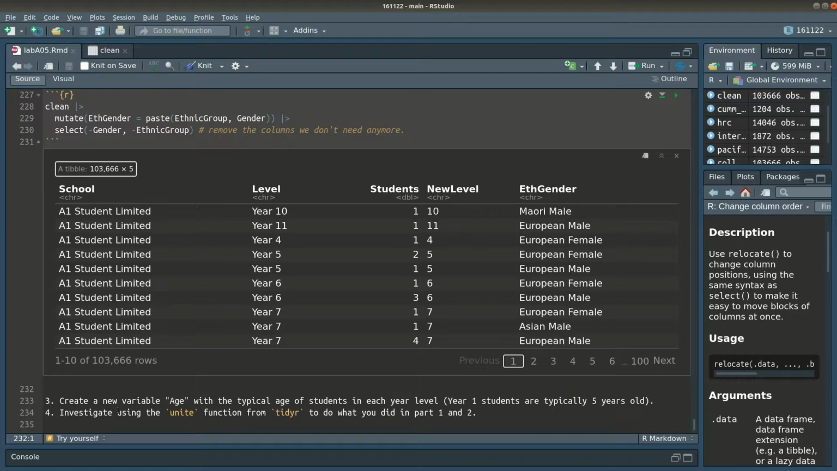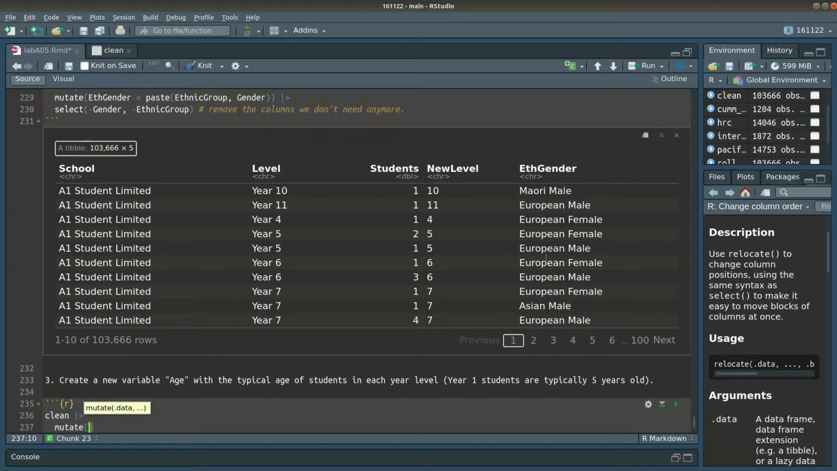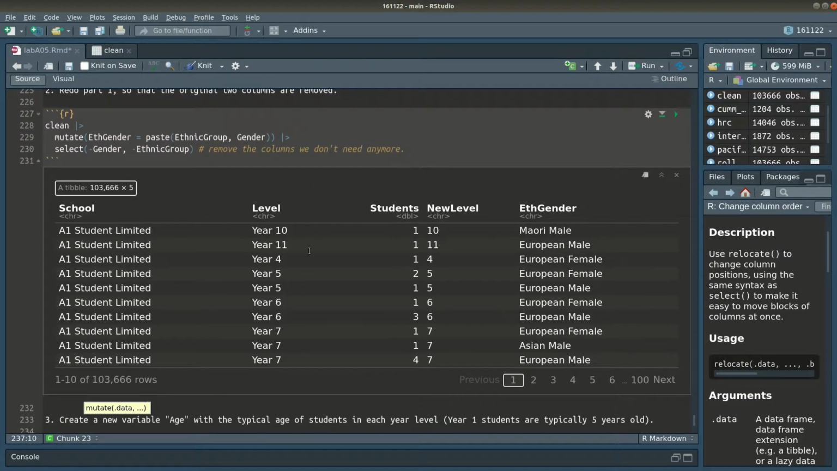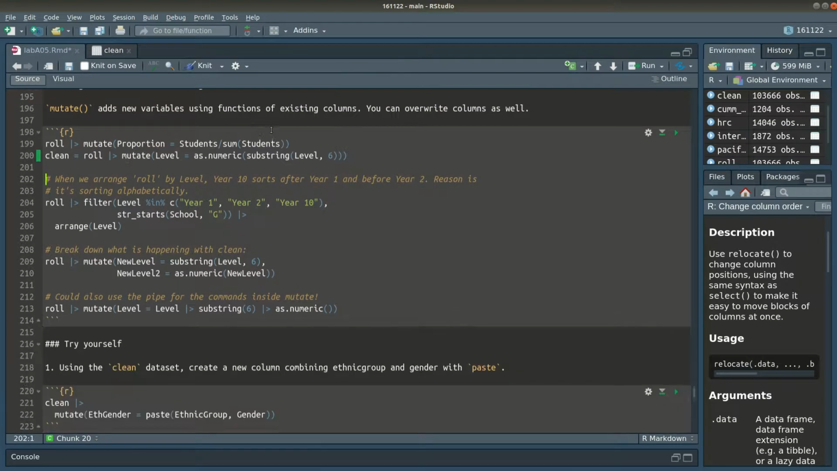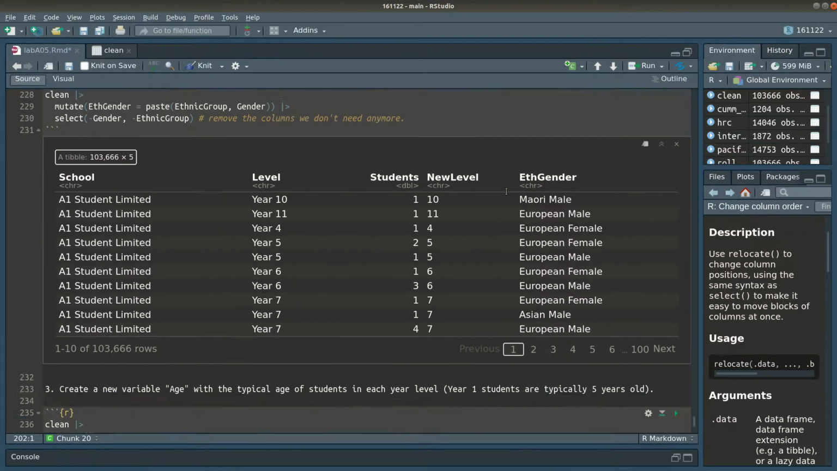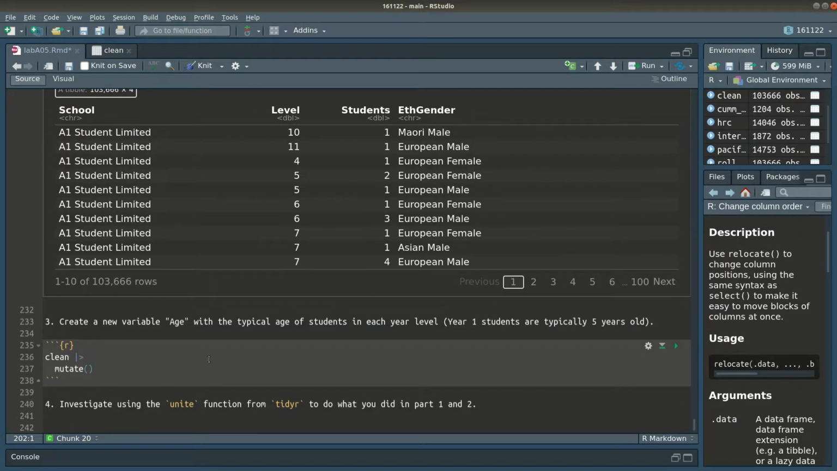Okay, what about this next one? Create a new variable age with the typical age of students in each year level. Year 1 students are typically 5 years old. So we're going to take a clean data set. Let's just rerun this clean up here, just so that I've got the same data set that you'll have, without that new level variable. There we go. So we're going to take our clean data set